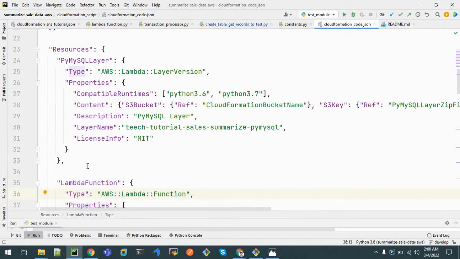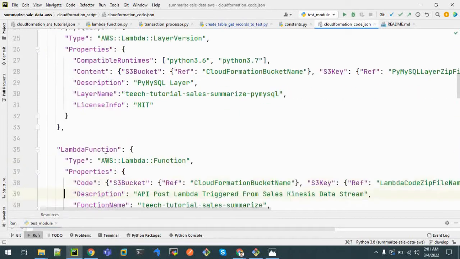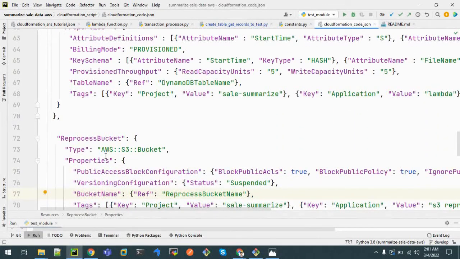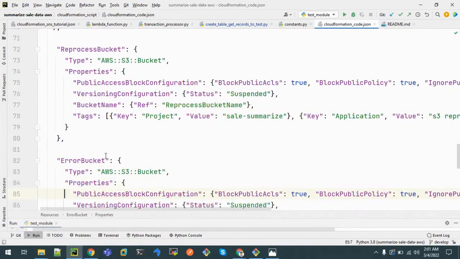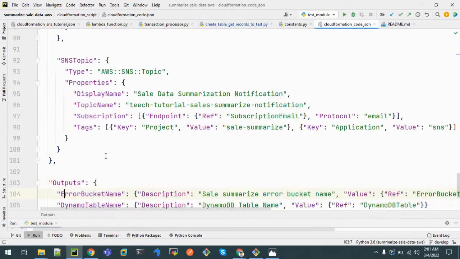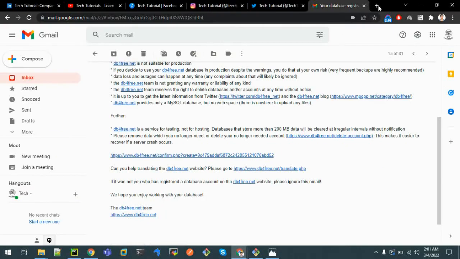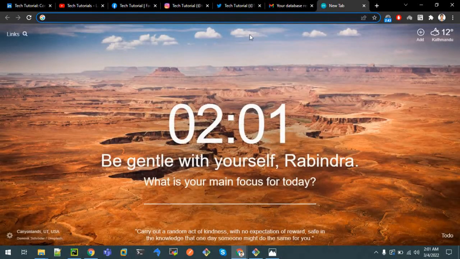In the resources section, we have multiple resources that will be used in our project. We have the PyMySQL layer, we have the Lambda function, we also have the DynamoDB table that will be created with CloudFormation. We have the reprocess bucket, error bucket, SNS topic, as well as the output section. Since creation of RDS takes a longer time in AWS, we'll use a different service for creation of the database. For that, let me go to the web browser and type